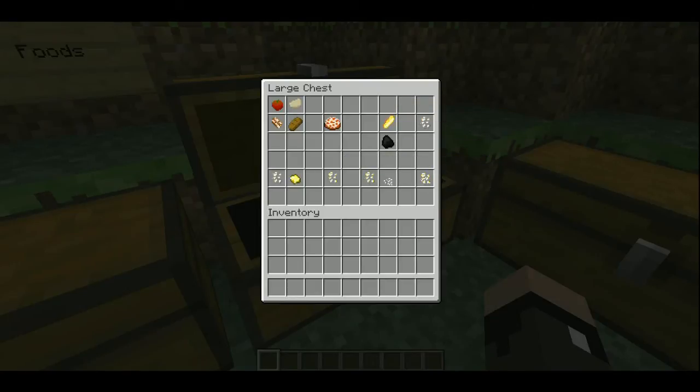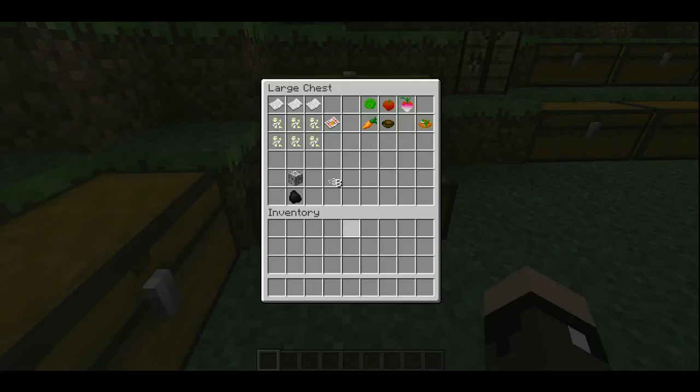Now there are multiple variants of popcorn. We have buttered popcorn, which is butter and popcorn. We have buttered and salted popcorn, which is salt and buttered popcorn. And we have a bag of popcorn, which is 6 buttered and salted popcorn and 3 paper. We also have a garden salad, which can be crafted with this stuff here, and you get 8 salt from